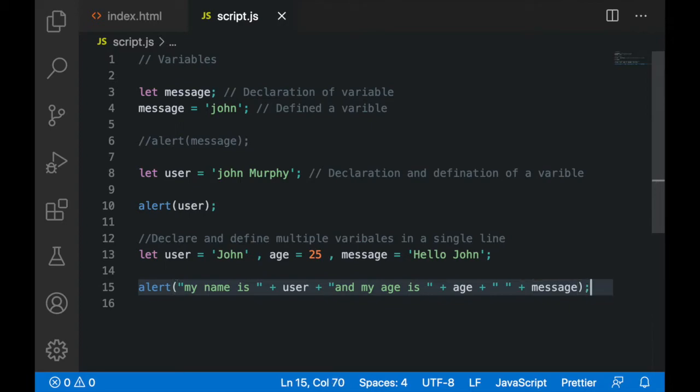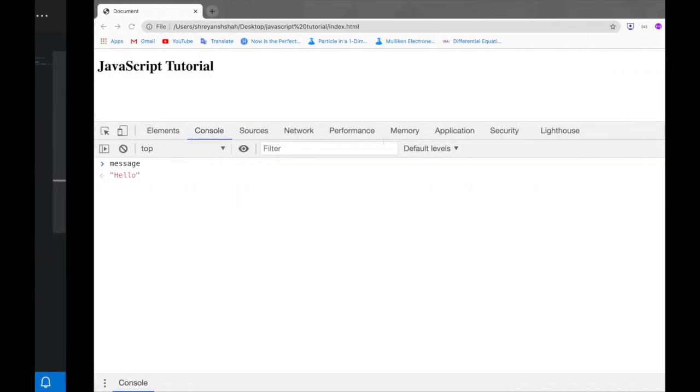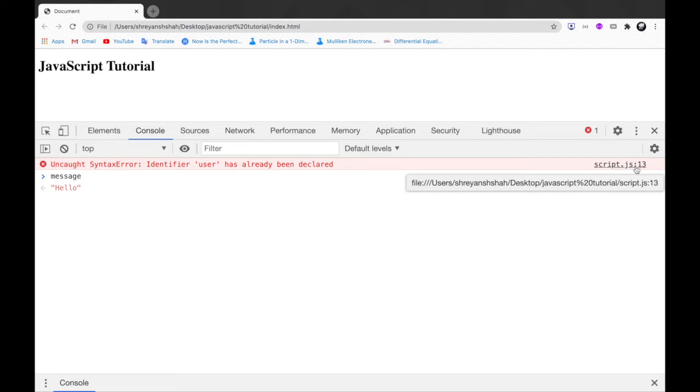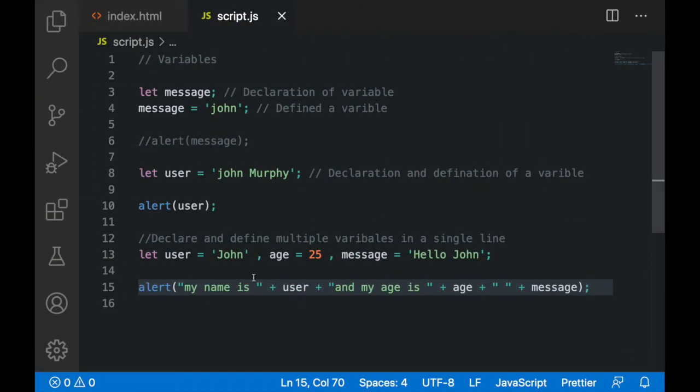Don't worry if you don't get what I'm doing here. I'm going to explain it to you. First, let's see. After writing this piece of code, save this script using Ctrl S or Command S, and then go back to your web browser and click refresh. Here you can see that we have got an error in JavaScript line number 13. Let me tell you why this is happening.